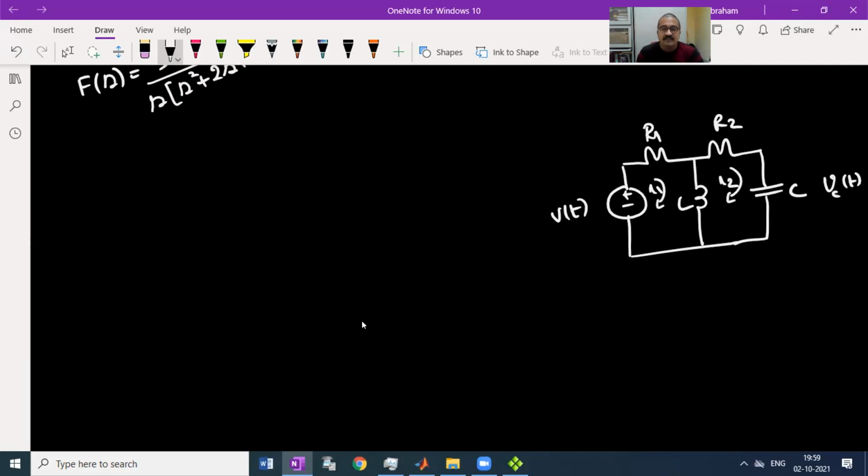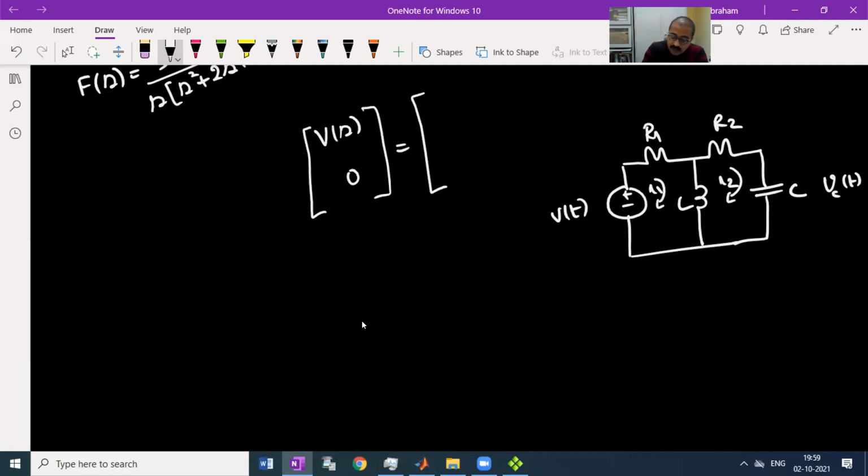So straight away I will write in matrix form. For this assumed current direction I1 in clockwise direction, what will be the voltage vector in Laplace domain form? Instead of v of t, we have v of s. Then here there is no voltage source, so this becomes 0. And so this is the voltage vector.